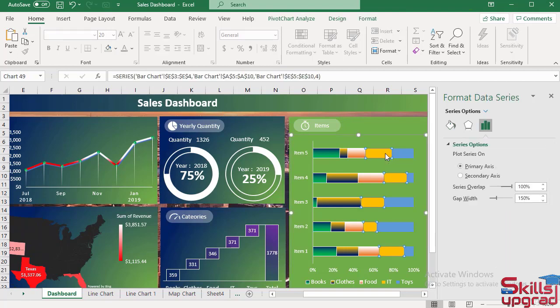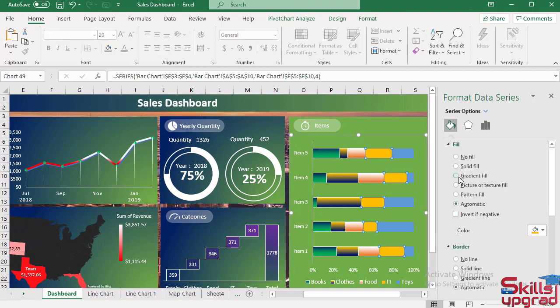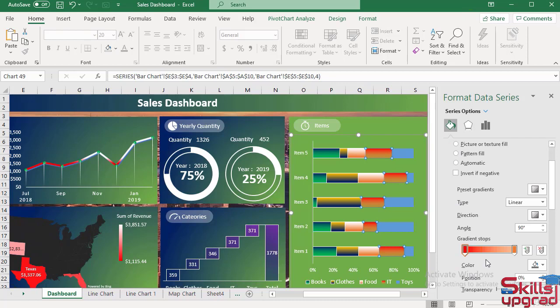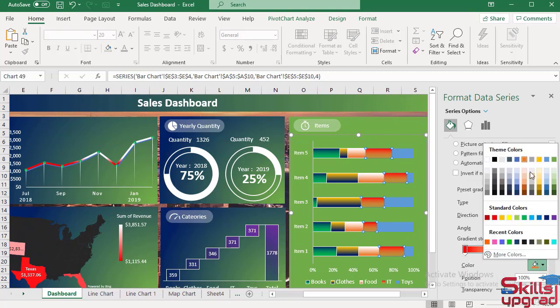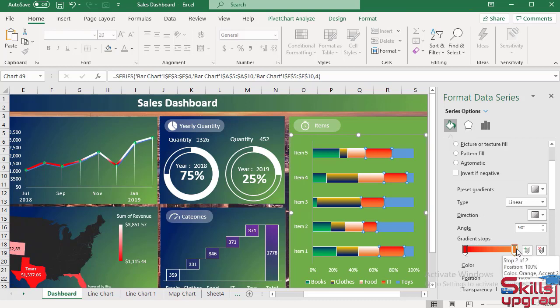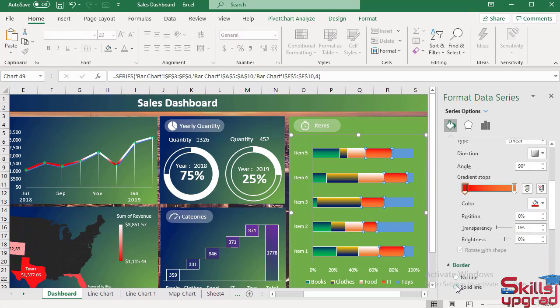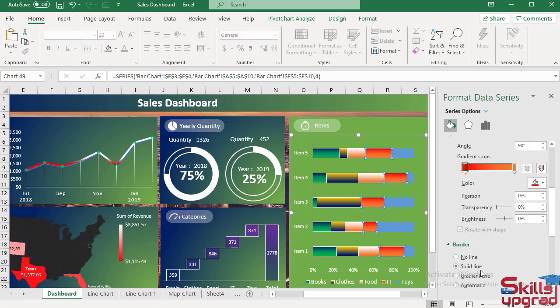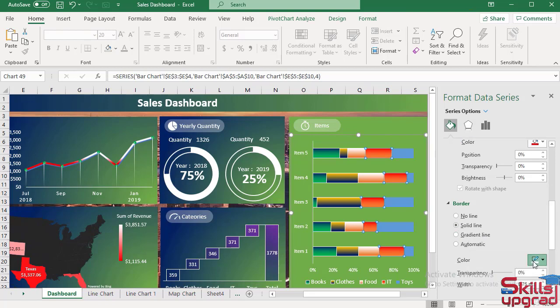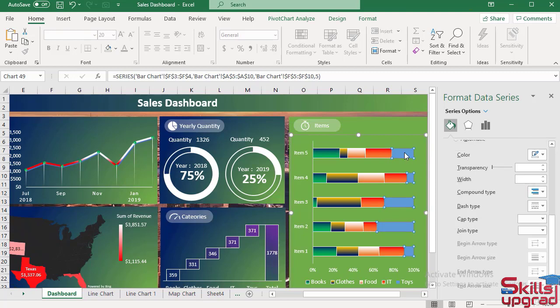Then select this series. For this series, select gradient fill. Select a red color for this gradient type and this color for this gradient. Then select this series. I also select borderline white for this series. Then select this series